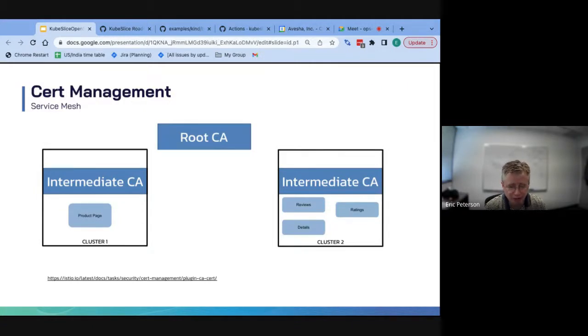Brief word on the certificate management. Again, certificates are a way to ensure that when you go and talk to something, it's actually who you think it is. I'm sure you've all seen this when you talk to your bank or something like that. But when an application is broken down into a bunch of microservices and distributed in multiple places, it's not good enough just to prove that when you talk to the front end that you're talking to the right front end.